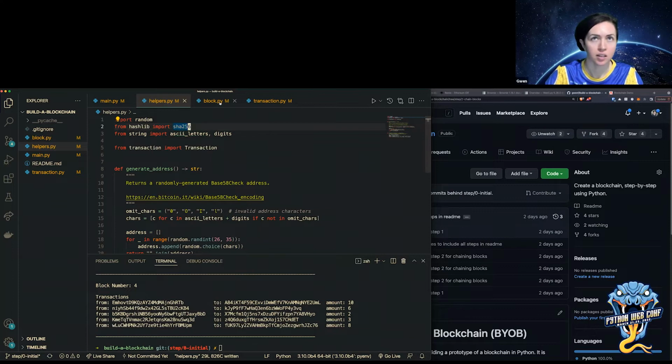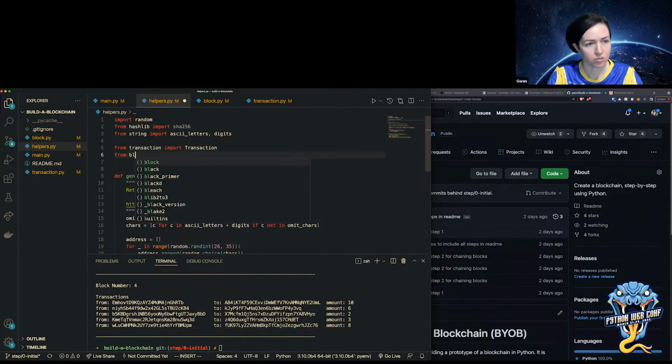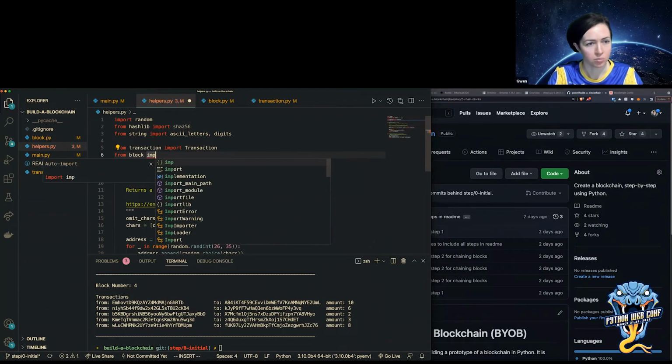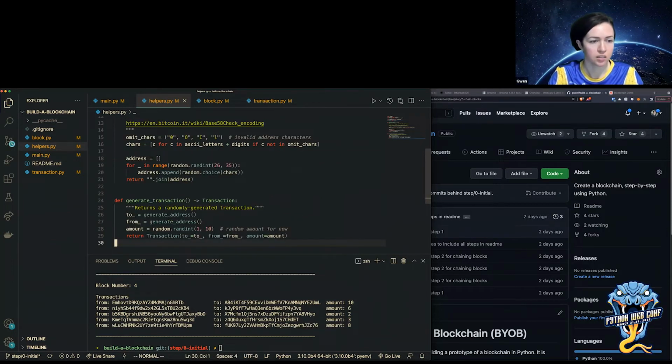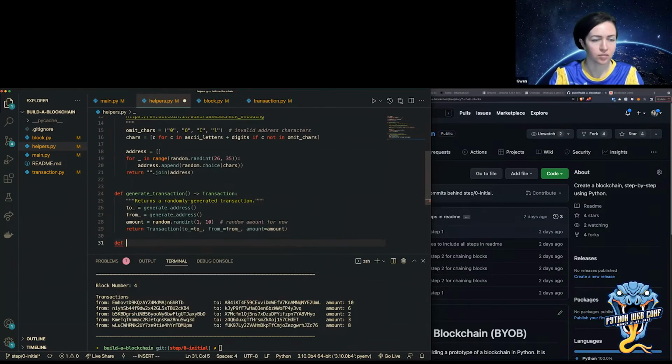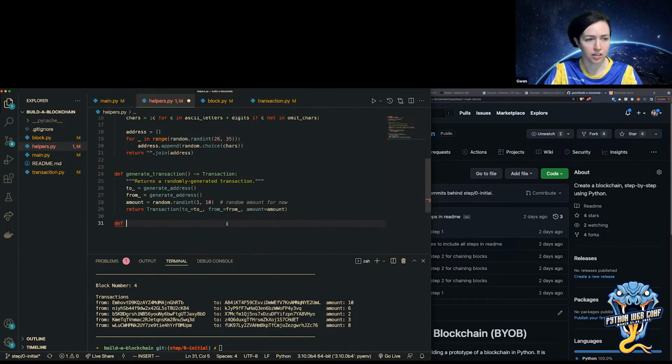And I'm going to have to import block. So from block, import block. And then I need to define a couple more functions here. So the first one is I'm going to have to hash a block.